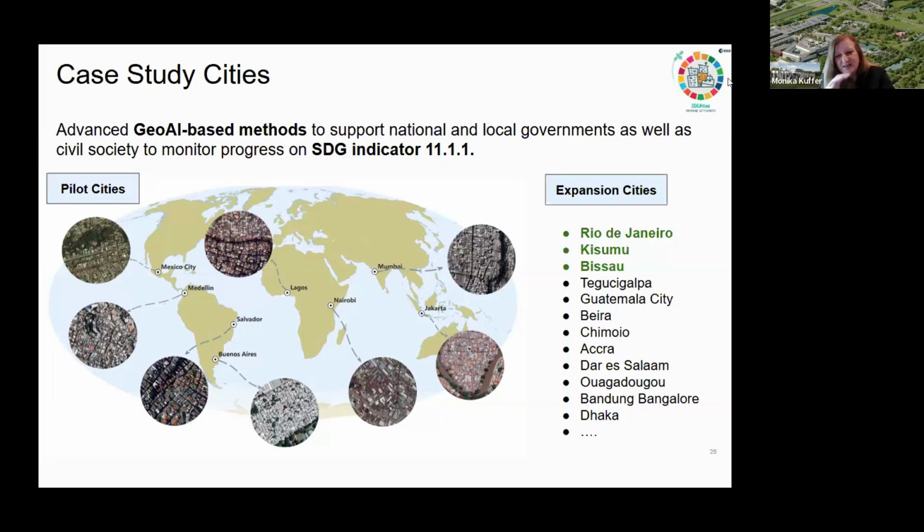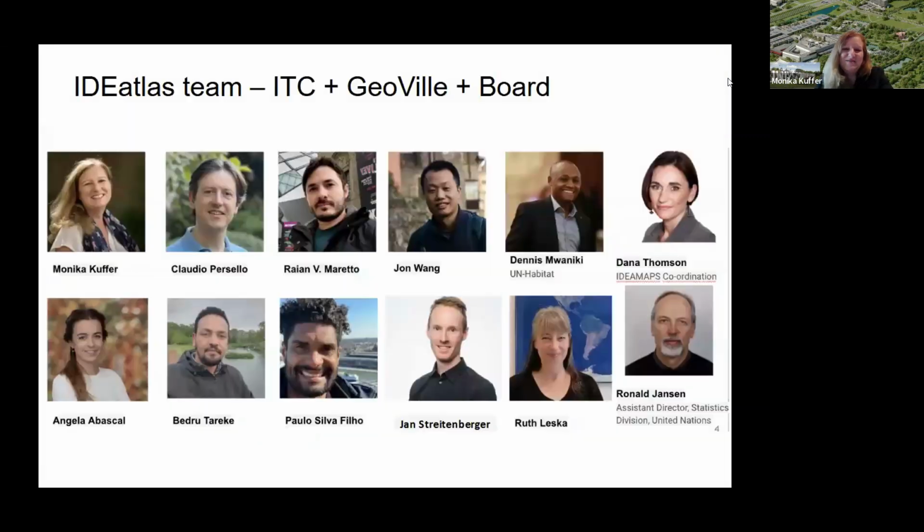So we started with these pilot cities to develop our model approach, as I said, very much focusing on the SDG 11 indicator. And then we have these expansion cities, which are a much more diverse set of cities, with very different geographies, very small cities, also very unmapped cities. For example, nobody has ever mapped cities like, I'm sorry, like Guinea, where basically there is no knowledge about the morphologies. Next, please.